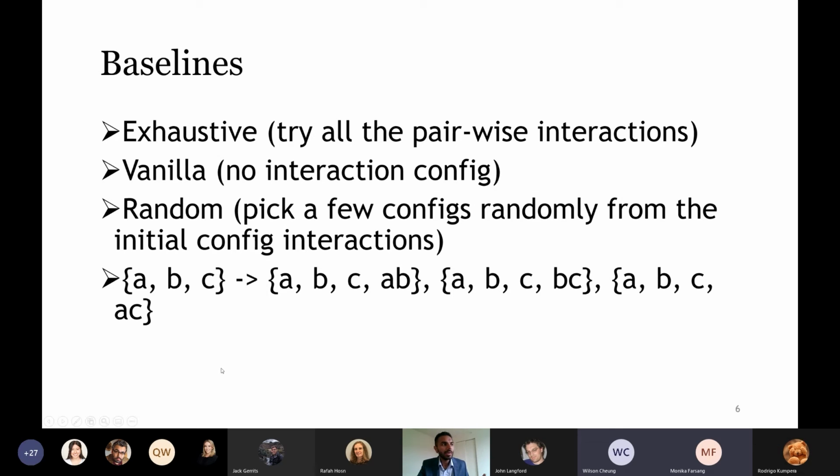Basically, let's say we have A, B, C as the namespaces in the beginning. The total number of configurations will be A, B, B, C, A, C, and A, B, C is included in everything. Exhaustive will work with all these configurations. Vanilla will work with A, B, C only. And random, let's say we decide to work with 2 random models, then it will pick 2 configurations randomly from here. So these are the baselines. One of the sanity checks: